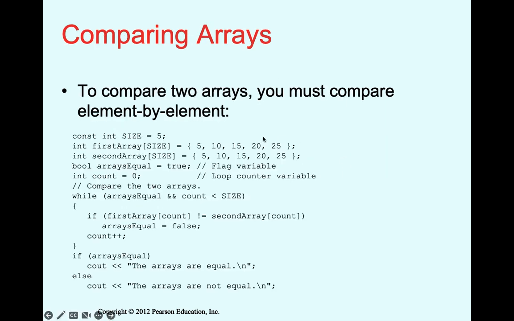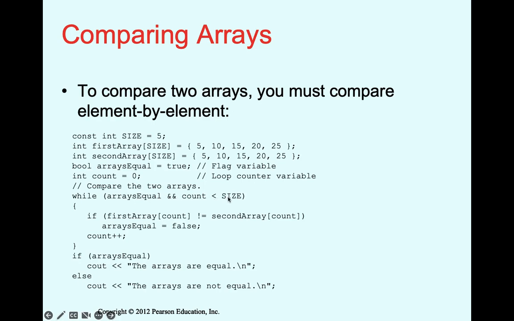How to compare two arrays? If you have two arrays and you want to compare if the elements of the two arrays are exactly the same, we create a boolean flag, arrays equal. We make it true by default, initialization to true, and then we make count equal to 0, and then we make a loop while arrays equal is true and the count is less than size,